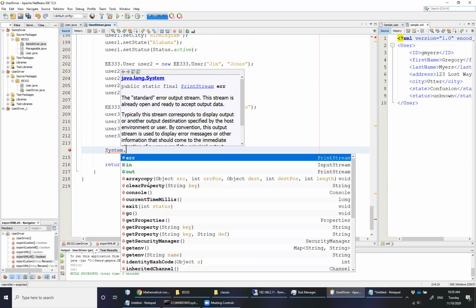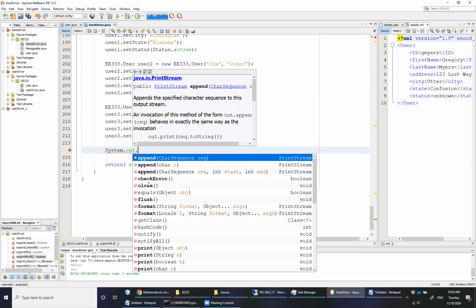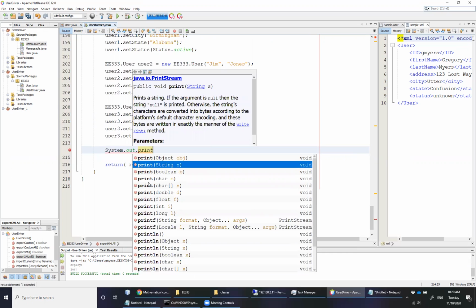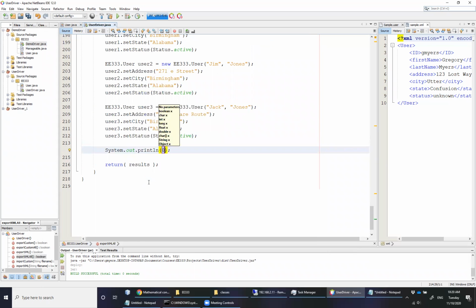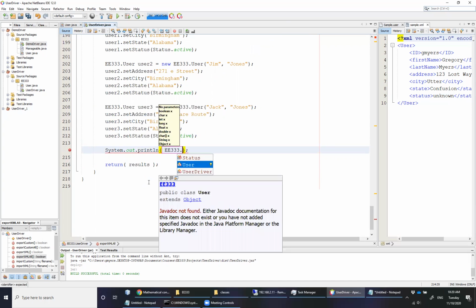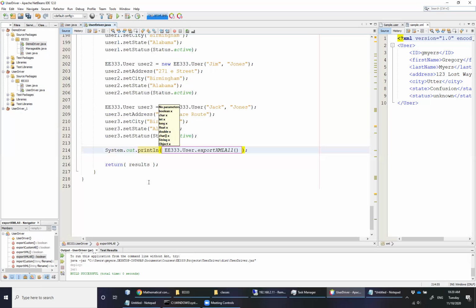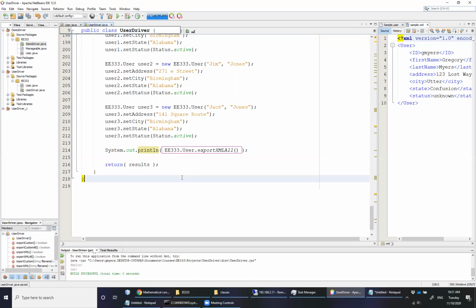But then we'll do a system.out.println of not our individual objects, but of EE333.user.xml export XML all,